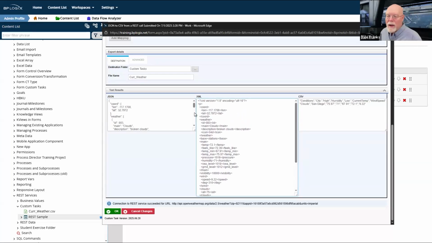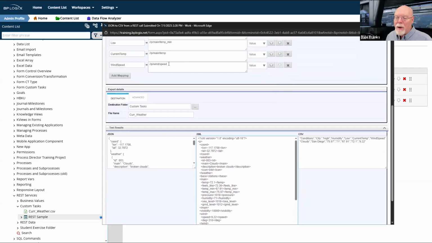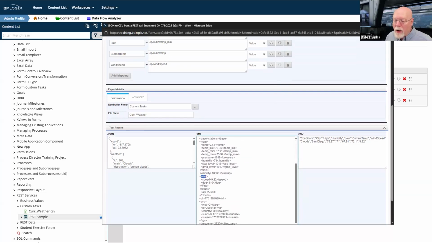So there we go. With this particular XML, to actually get my wind speed, I will start off the XPath with // and then my first node is P, another slash, and then my next node is down here, wind. So //p/wind/speed, and there is the node right there in XML.